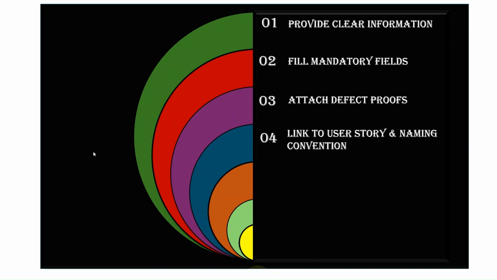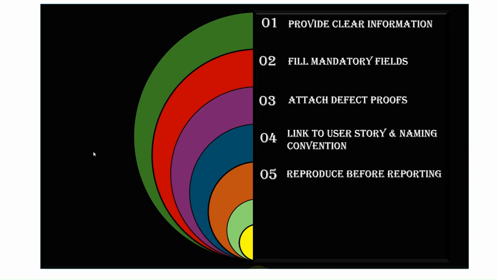That naming convention is really important so that whoever sees your defect can easily understand that these defects are related to sprint one, and these defects are related to this order management module. It would be easy for the team members to understand.